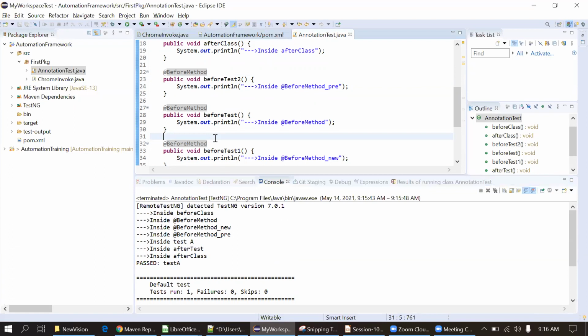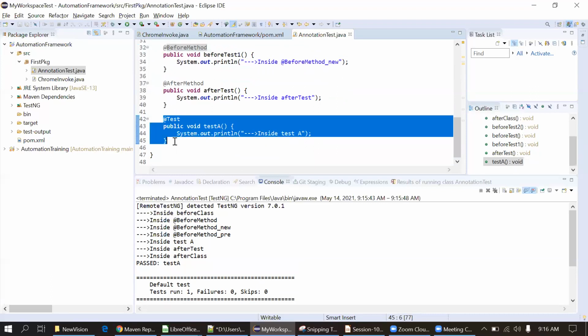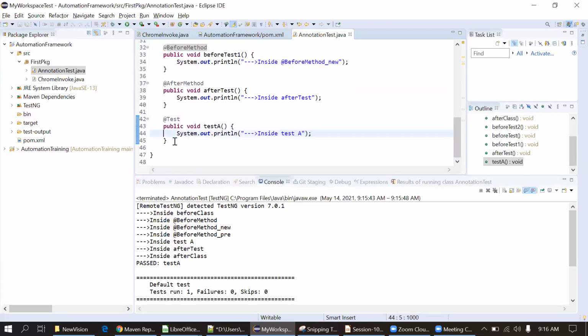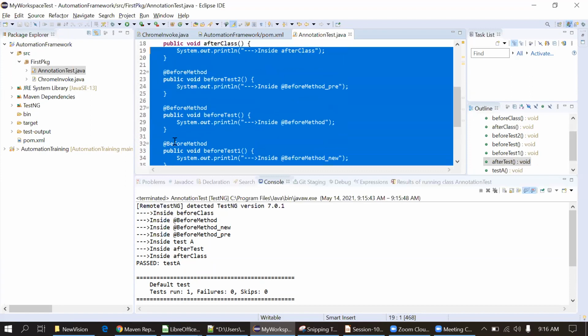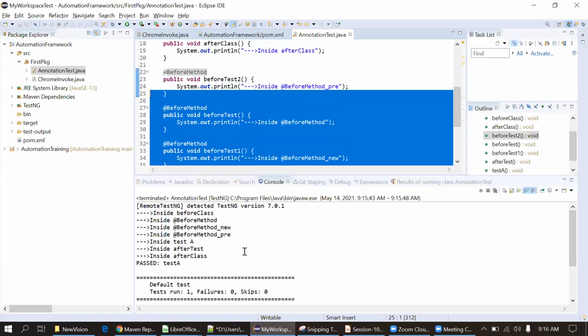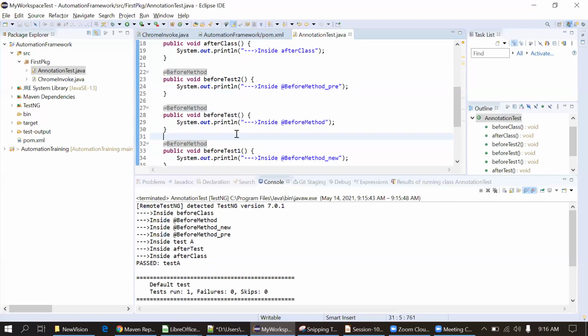Basically, we will keep just one such annotation in the class. These annotations will be in the test suite, test classes actually, and the other annotations we will keep in separate classes. Now for learning purposes, I'm putting this into the same class. So you should write only one annotation at a time. There is no point actually. It will just be confusion for you as well. Okay. Thank you.